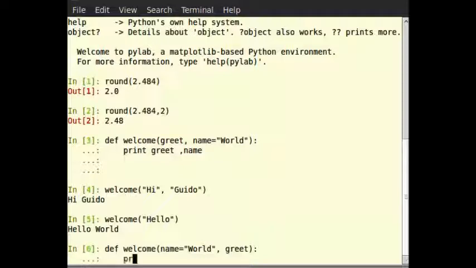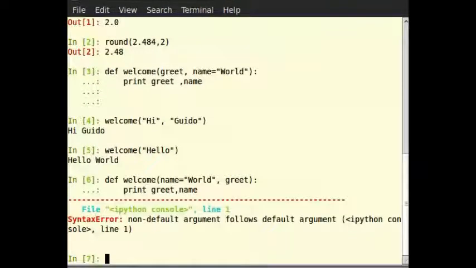Then type print greet, name and hit enter. Now we can see an error that reads syntax error, non-default argument follows default argument, then IPython console and line 1. When defining a function, all the arguments with default values should come at the end.